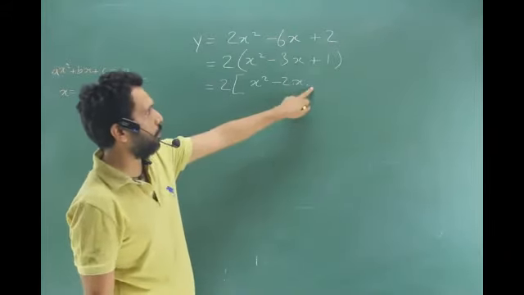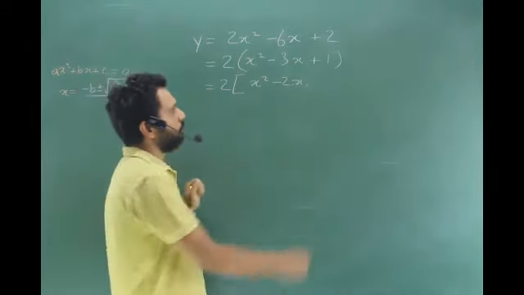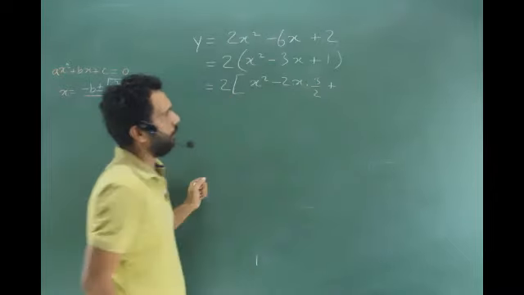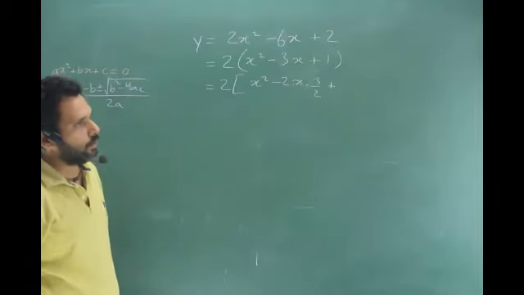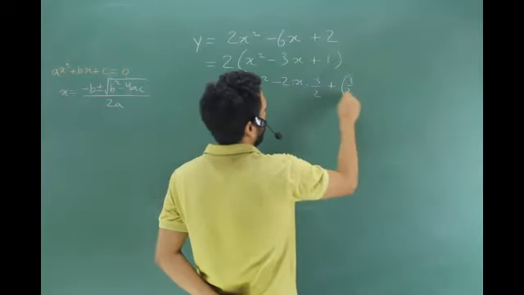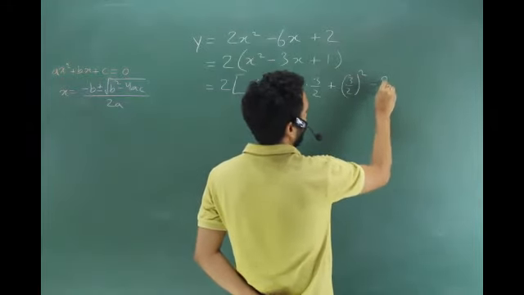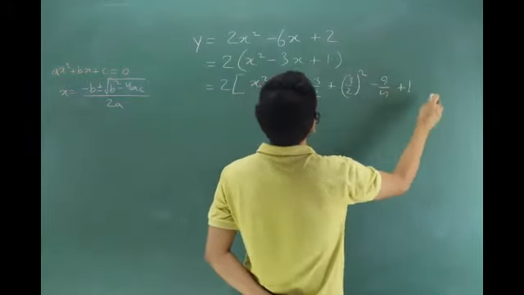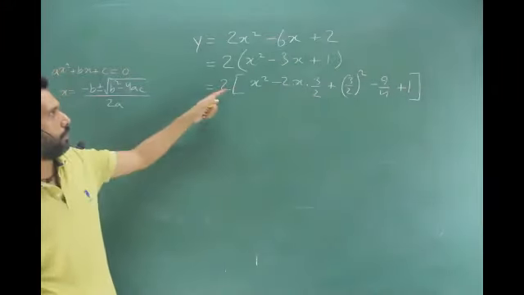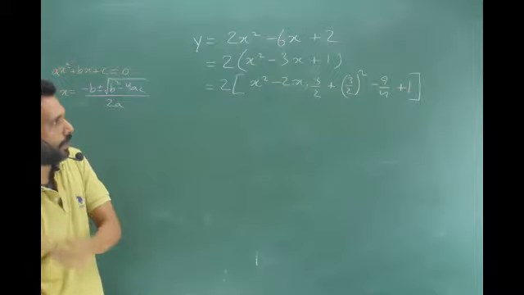Then what will come over here, people? Prithvi, what will come over here? So, Prithvi, 3 by 2. So you got your b, right? That was the main thing. You got your b. B is 3 by 2. In the a minus b whole square, b is 3 by 2. So what should come over here? 3 by 2. What should come over here? 9 by 4 plus 2. Not plus 2. Plus 2 was outside, man. Okay. Yeah, you can make plus 2 if you just put the bracket there.